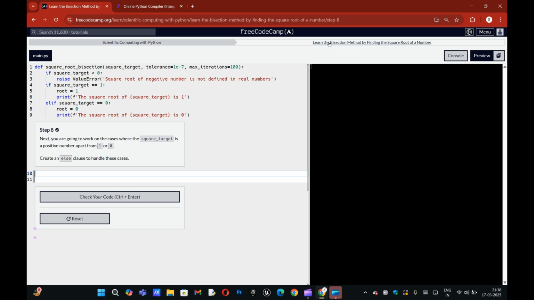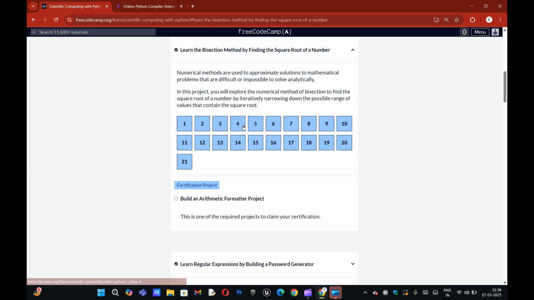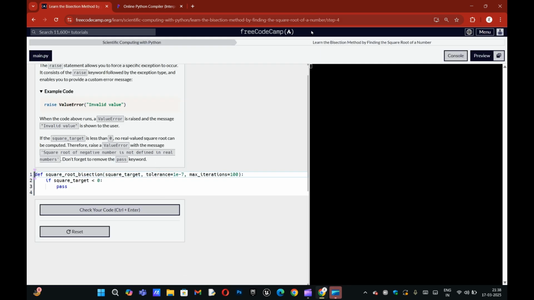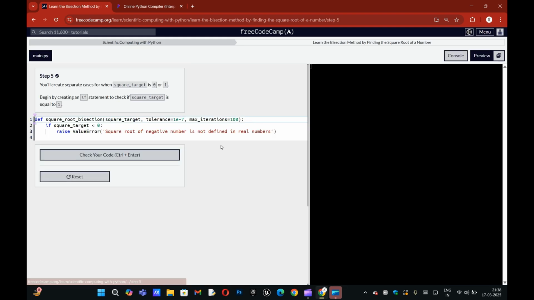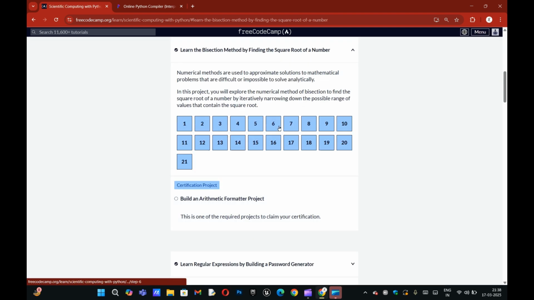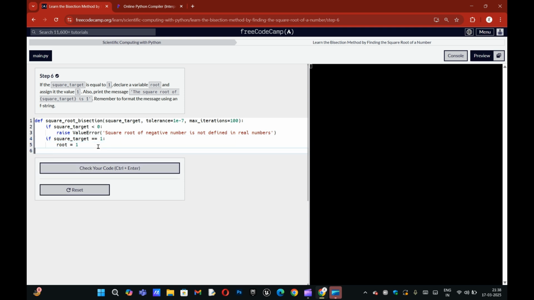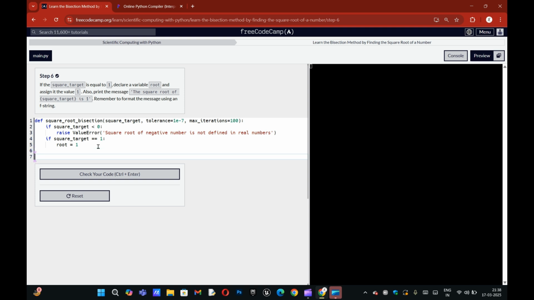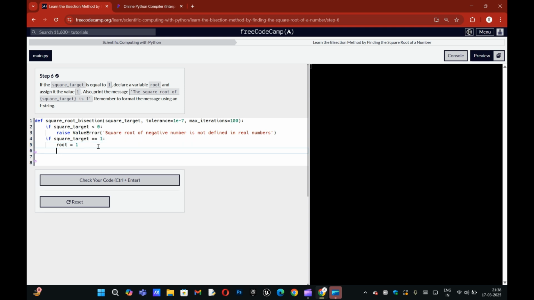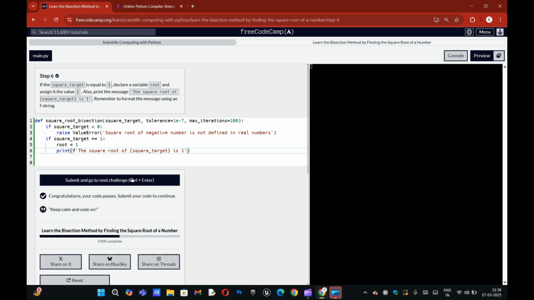If this is the order, this might be the order. F string. Yeah, it is the order. Are you kidding me?